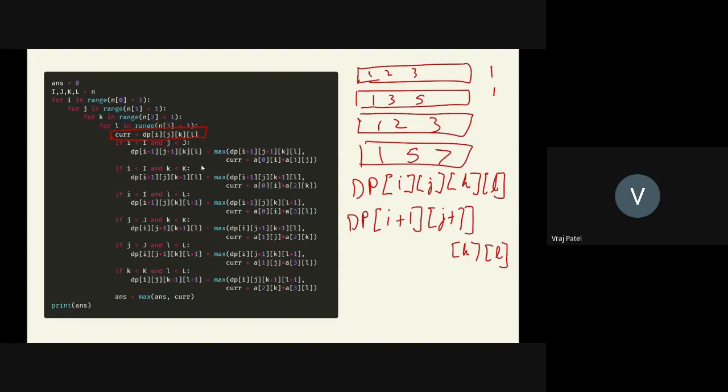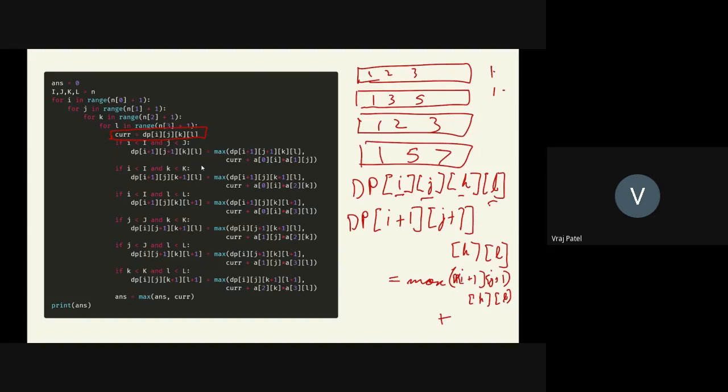DP of IJKL represents the maximum value that is possible after I have selected I elements from array 1, J elements from array 2, K elements from array 3, and L elements from array 4. So if I want to encode the transition where I select I and J, what is the value that I choose? It would be max of whatever this value is, DP of I plus 1, J plus 1, K and L,